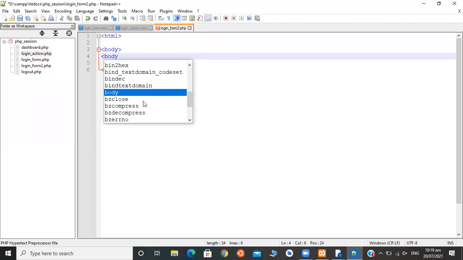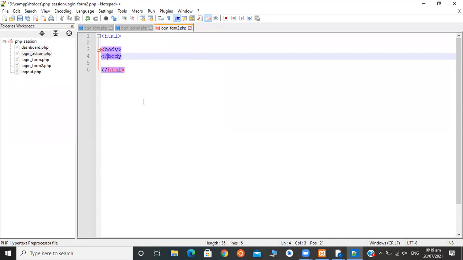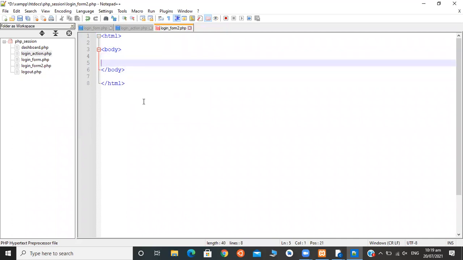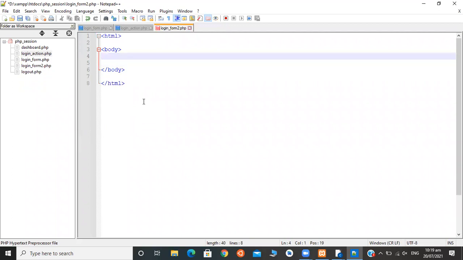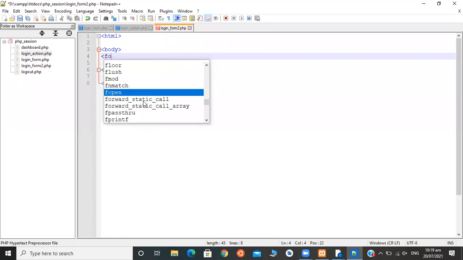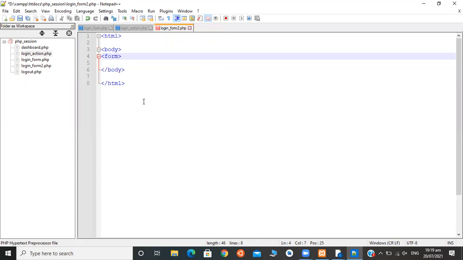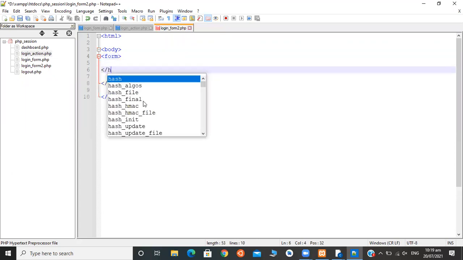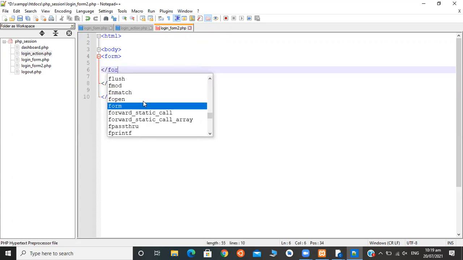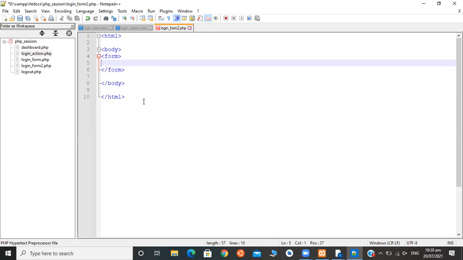We need to write inside the body. We are going to create one form. For that, there is the form tag in HTML. Here we need one text box.